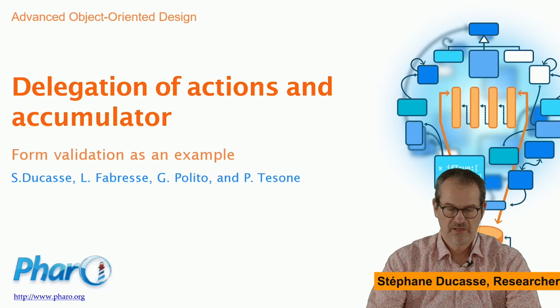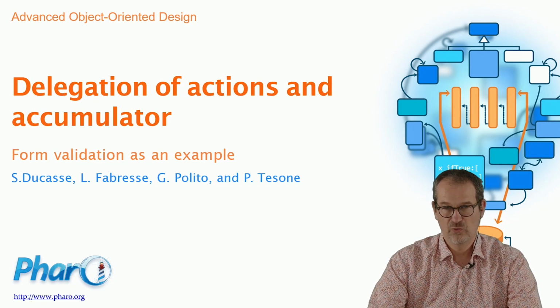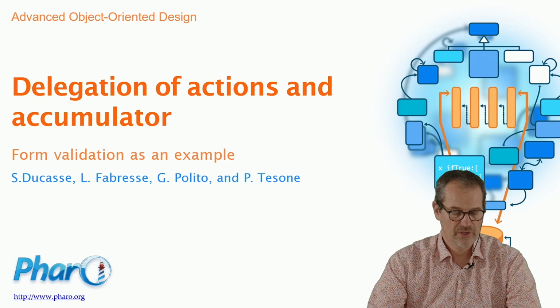Welcome everybody. In this little lecture, I would like to discuss with you some aspects of design on form validation and what it means in terms of tree traversal or object traversal, accumulator, how we can distribute the knowledge of the validation of a system. This is not a design pattern, this is not a coding idiom, this is more a discussion around variation